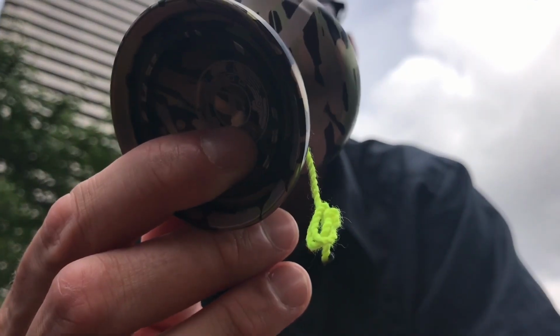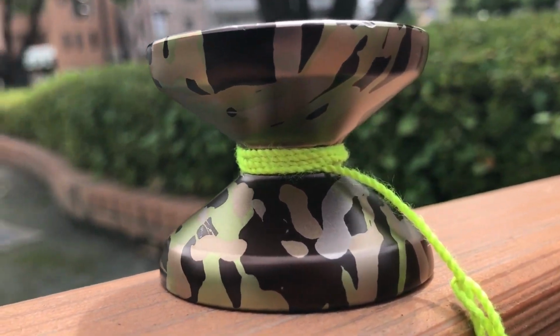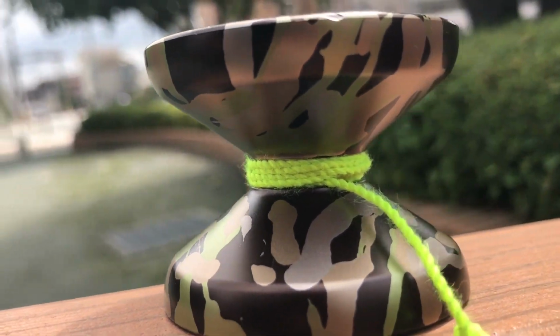This was just over $40 US. It's always interesting, I think, to see the kind of budget metal price, but from big names like Duncan, so I was very interested to try it out. As far as I know, also, I don't think this has been released in the US just yet, or maybe not outside of Asia. I noticed that, of course, Rewind and Spin Gear are carrying it, but as far as I know, I asked someone on the Duncan team and they said that they're not out just yet, but probably very soon. I'm filming this at the time of